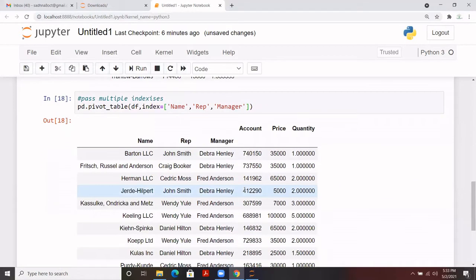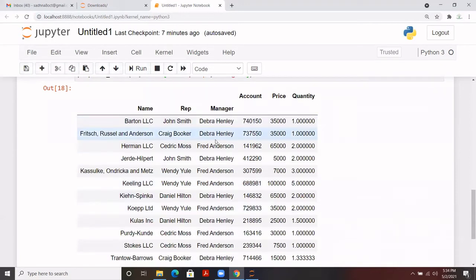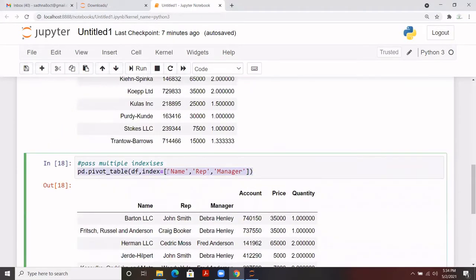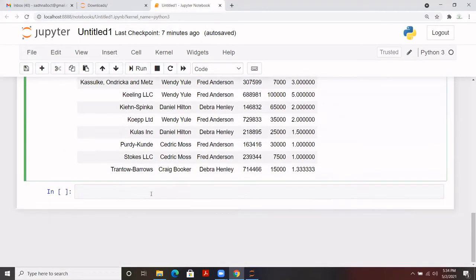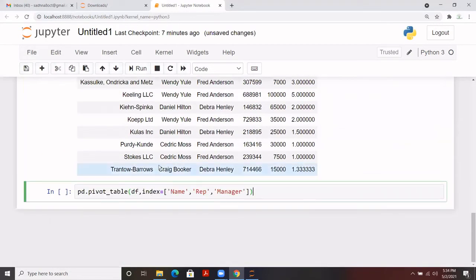So now we have created three columns as an index, three categorical columns, or you can say object type columns, as index columns. After looking into this, what probably we want to look at is this by manager and representative. What we observe is that there are multiple representatives under one particular manager. That's what you can see. So we'll make a few changes to the data. Let me copy the code and I'll pass it something like this.